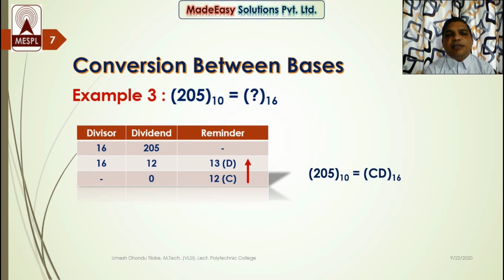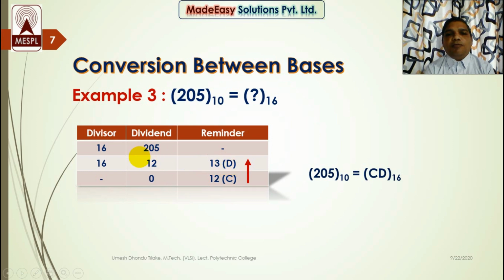If we consider 13 as a quotient over here, we get 206. 16 13s are 206. So 206 is not less than 205. So it is not acceptable. We have to find such a number which is less than 205 but maximum in the table of the base. So here we have considered 12 as a quotient. When multiplied by 16, we get the maximum number in the table which is less than 205. So 16 multiplied by 12, we get 192. So when 192 is subtracted from 205, we get 13 as a remainder, and the hexadecimal equivalent of 13 is